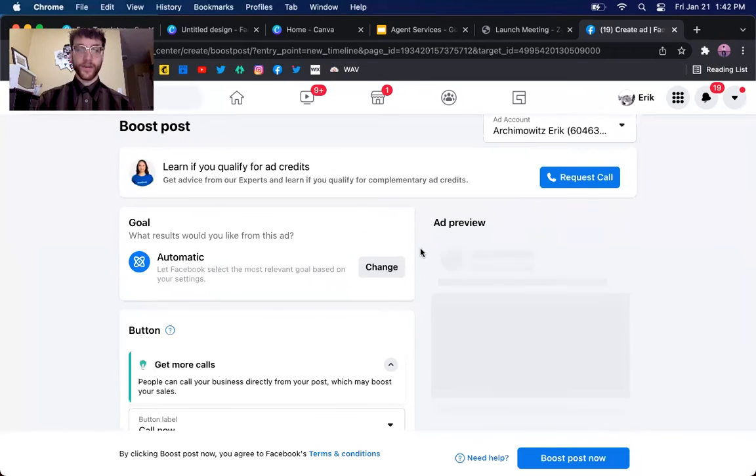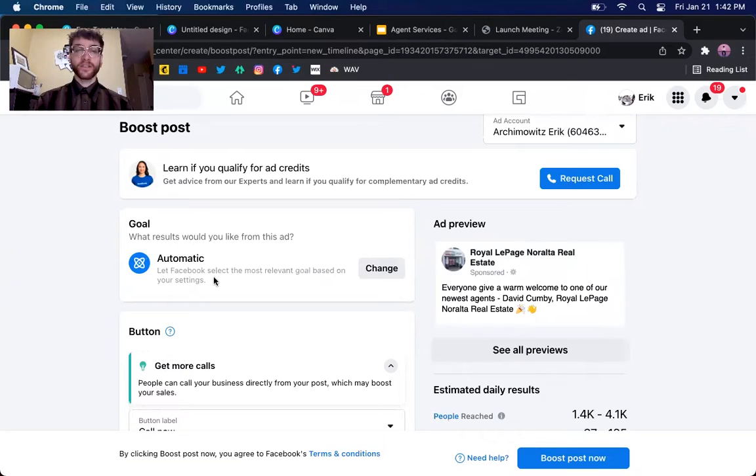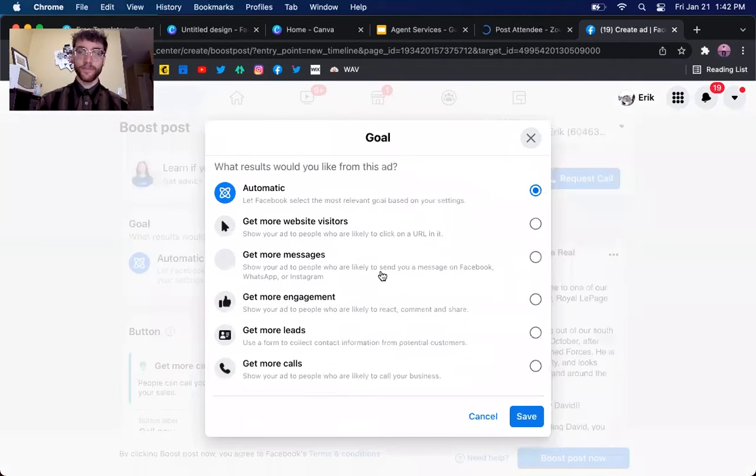And right away, something we want to change is the goal. You can see here, what results would you like from this ad? And it's always on automatic, saying it'll let Facebook select the most relevant goal based on your settings, but we don't really have much settings going on here. So we're going to change that. So you want to go to this gray button here that says change, click on that,